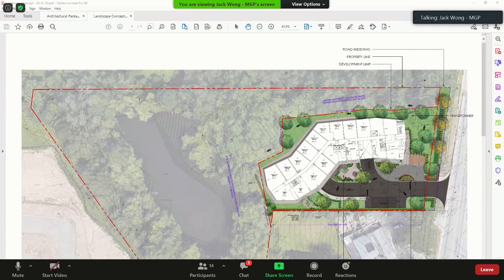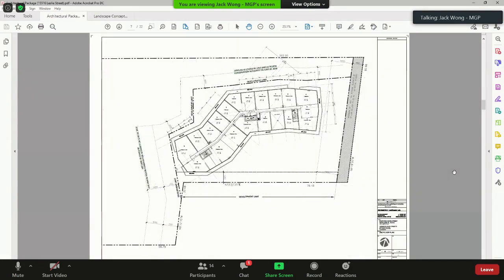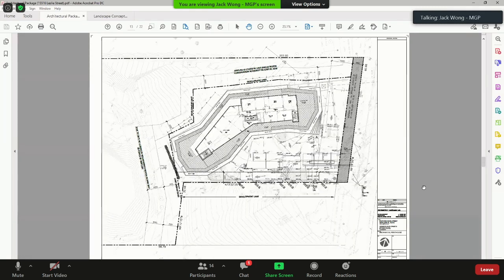Through you, Mr. Chair, I'm going to put up our elevations. And to answer that question, that will essentially be the condition of our western portion of the building, given the site is sloping significantly as we go west in terms of the topography. I'm just trying to bring up the elevations here.